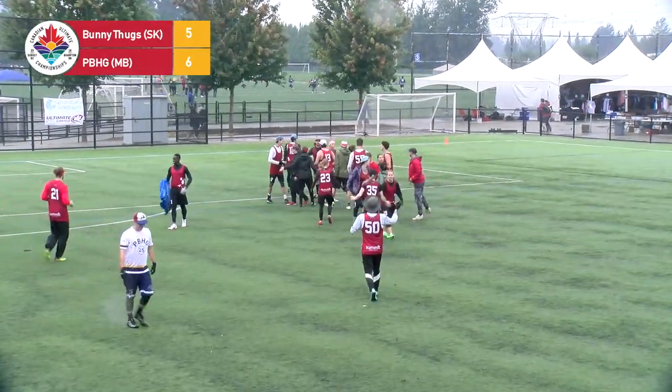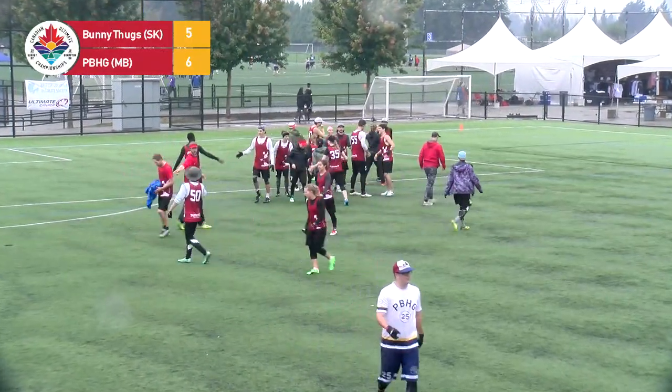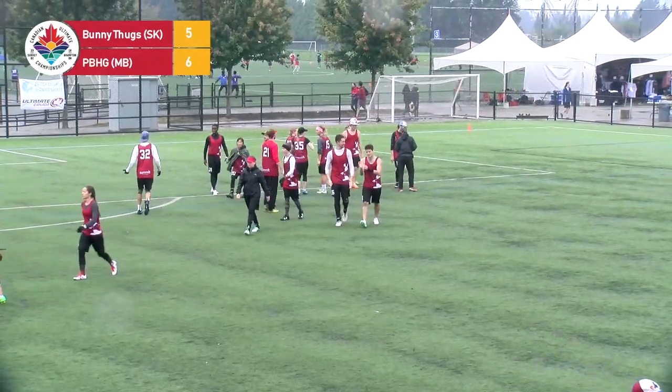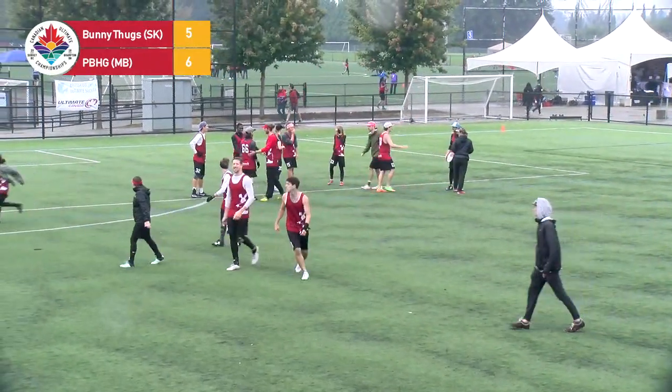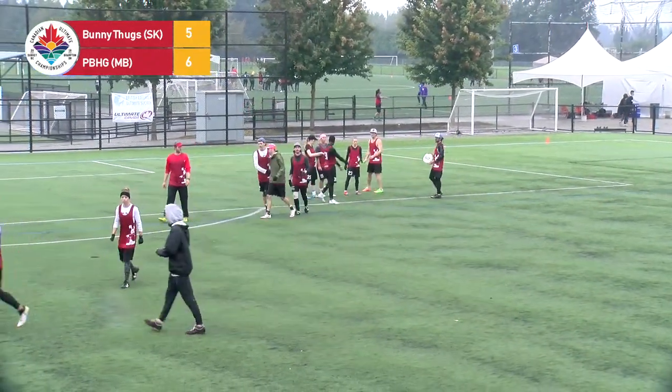It looked like, Becky, I think that's why you were confused as well, that his feet weren't completely in, but we do have 2 pairs of eyes, the observers watching that line, and both agreed and stuck both hands in the air to signal a goal. So Bunny Thugs getting the break right out of half here on a chippy point, and Becky mentioned it during